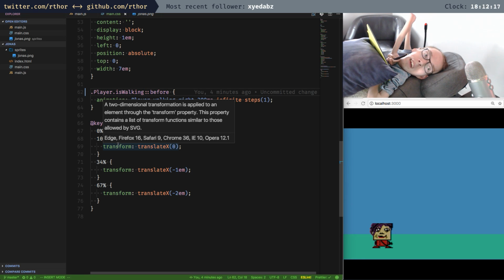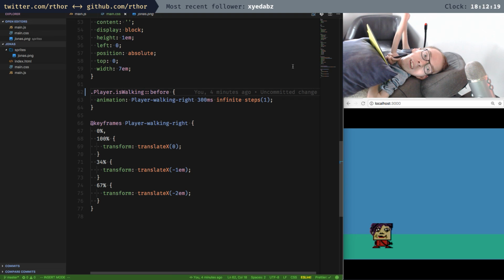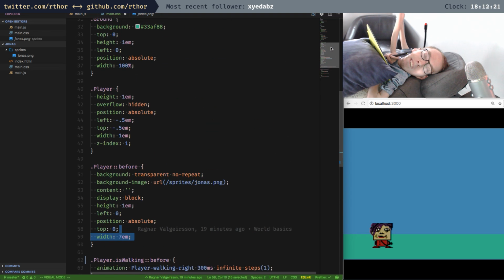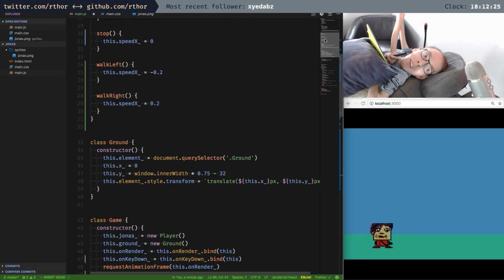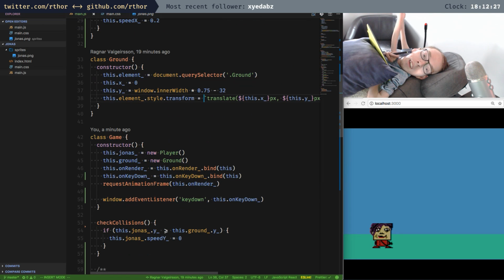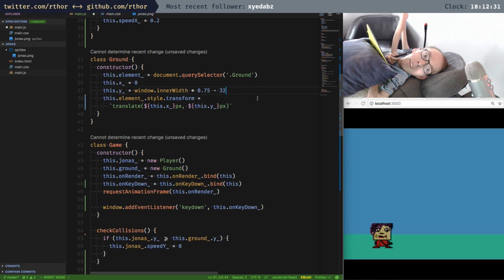If I flip the character, if I do in my render method, if I do a scale X of